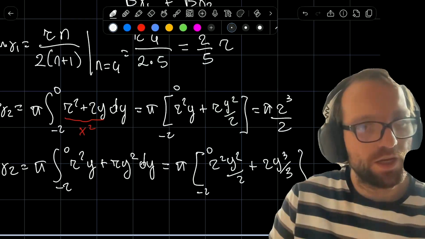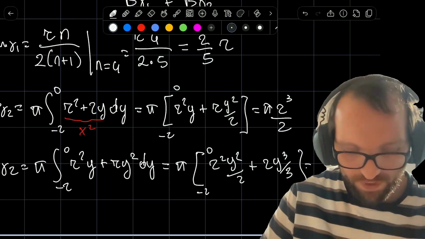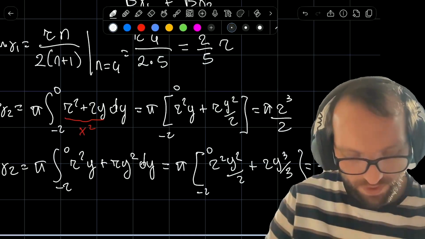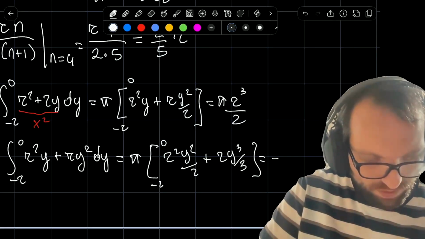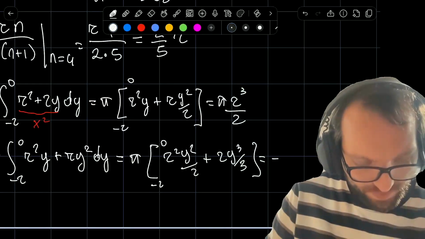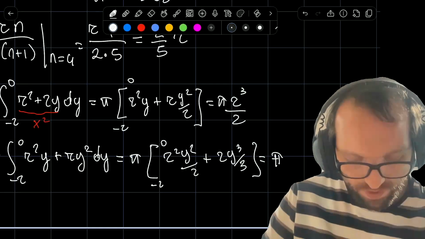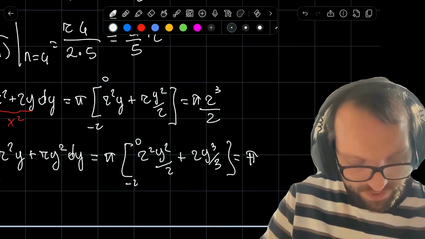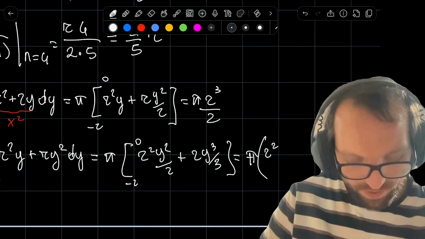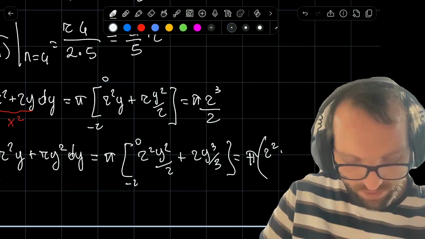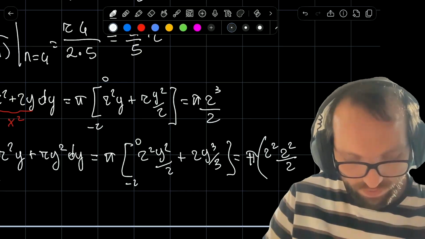And here, if you do all the calculation, when y is 0 this is always 0, so there is only the term with minus R. So here we have pi R squared divided by 2